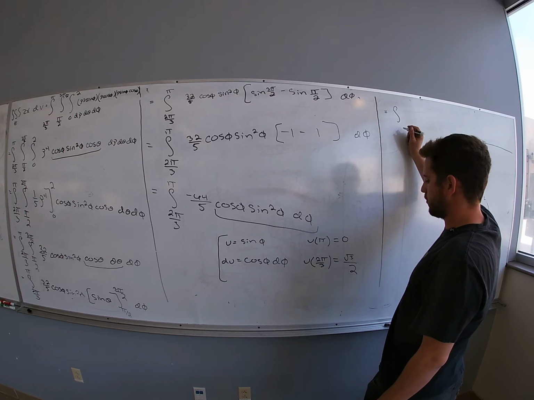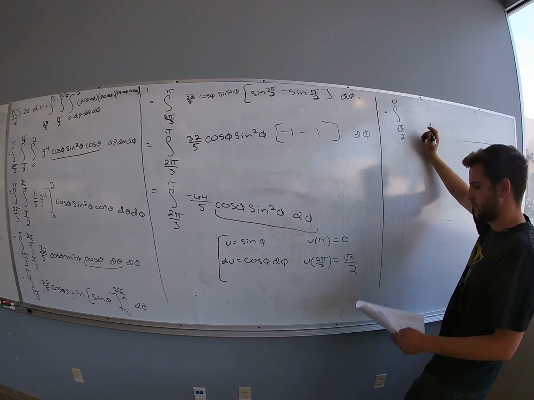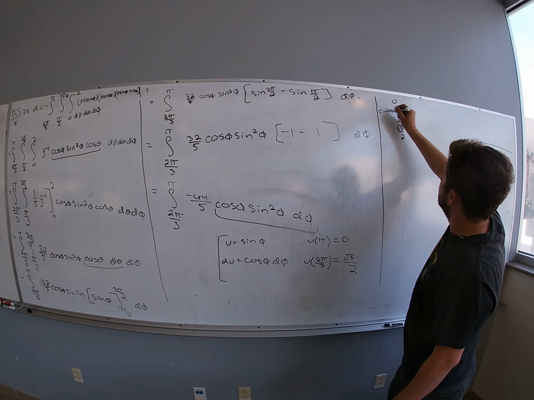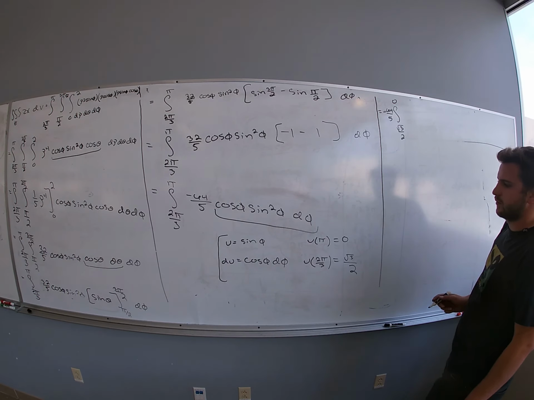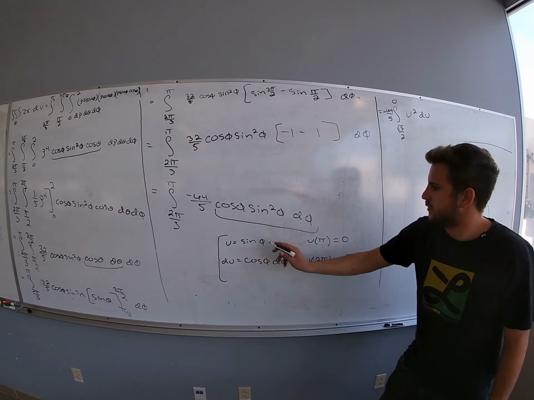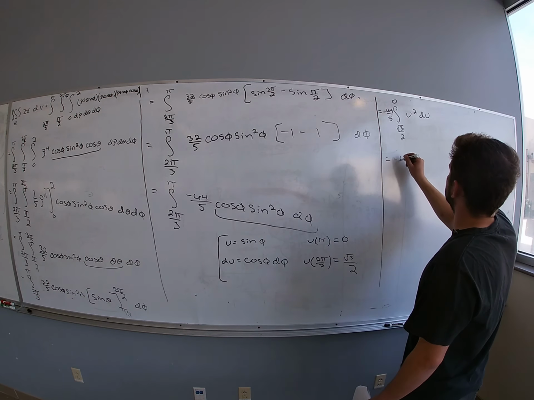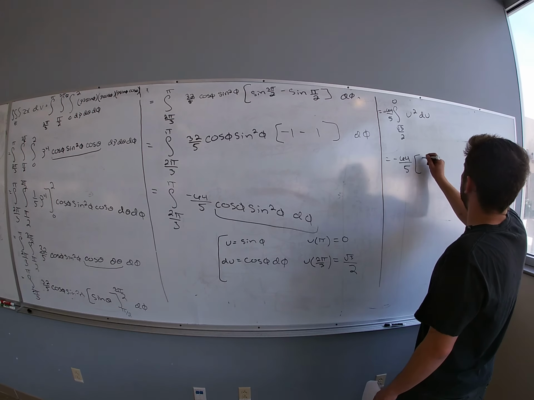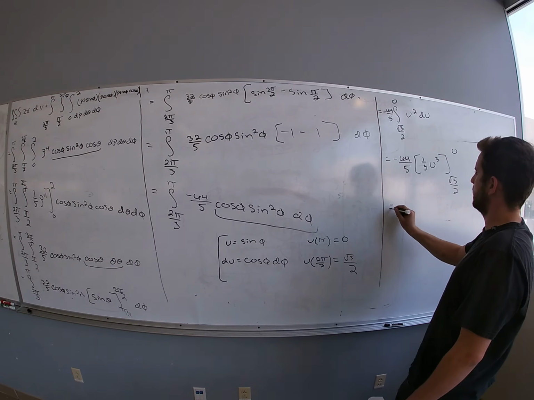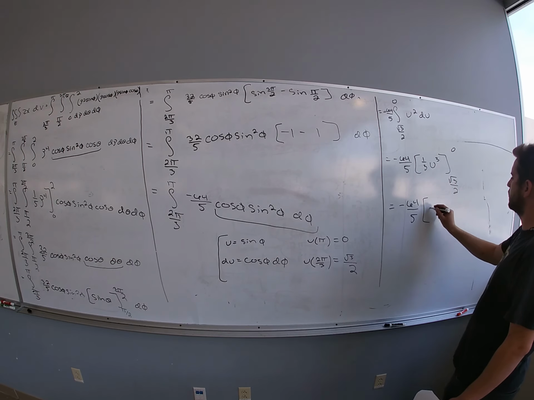Equals integral from root 3 over 2 to 0. Okay? Yes. Let's put out negative 64 over 5 in front. And what do I have? I have u squared, right? u squared du is all I'm left with. Cosine and d phi get absorbed by du, and I'm just left with that u squared. What does this equal? Negative 64 over 5, 1/3 u cubed from root 3 over 2 to 0 equals negative 64 over 5. My 0 has no contribution, so I have 0 minus